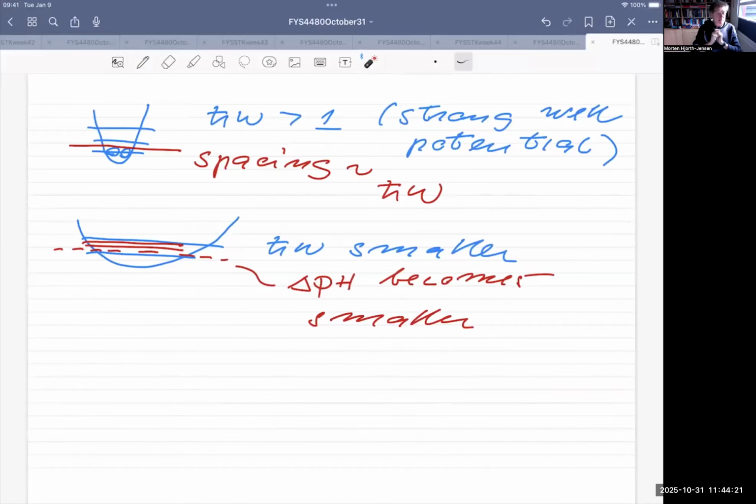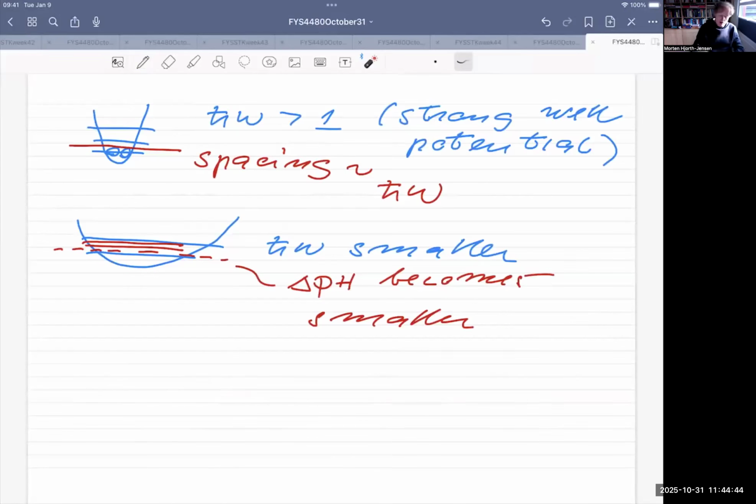What you would expect then is that the Coulomb interaction could play a stronger role. What happens, however, is that the harmonic oscillator expectation value for the energy, which is given by the harmonic oscillator kinetic energy plus the harmonic oscillator potential, is the one which will dominate the energy